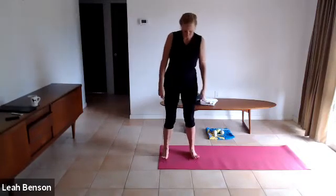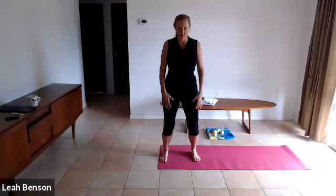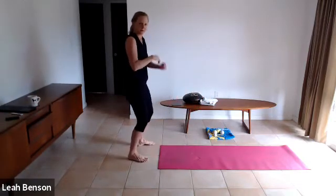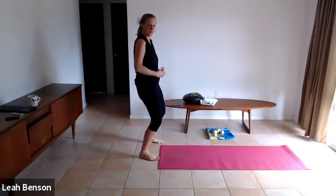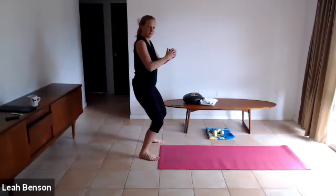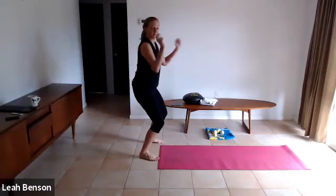Okay. Now you are going to just gently, as you inhale, so your knees are really pretty deeply bent. Let's see if I can show you that a little better. So they're pretty deeply bent. And as you inhale, you're going to come up in the legs, pushing the heels into the earth, and exhale, dropping into the legs. Not like a squat or anything, but just really feeling the legs, bringing awareness to the legs,